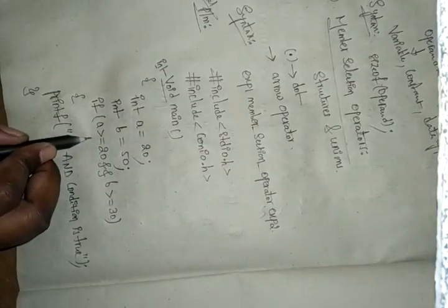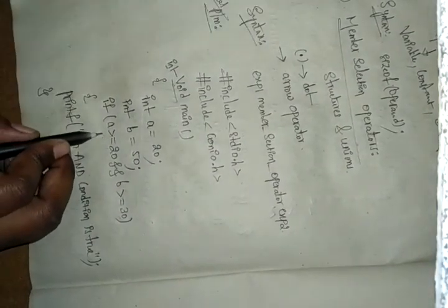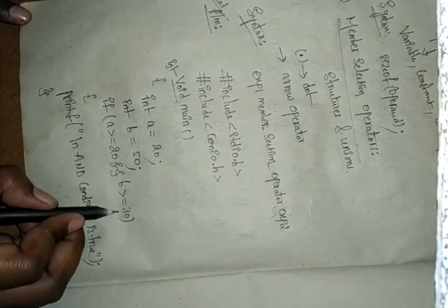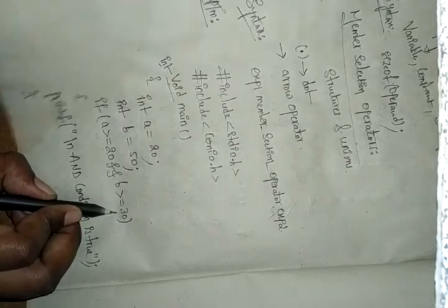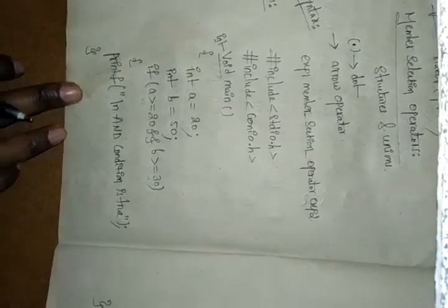So it will display our output. Just check this one. A greater than or equals to 20. 20 greater than or equals to 20, yes, this is true. 50 greater than or equals to 30. Is this correct? Yes, this is correct, which means here it will be displayed in the output section. First, and the condition is true. So first it is displaying the and condition is true.